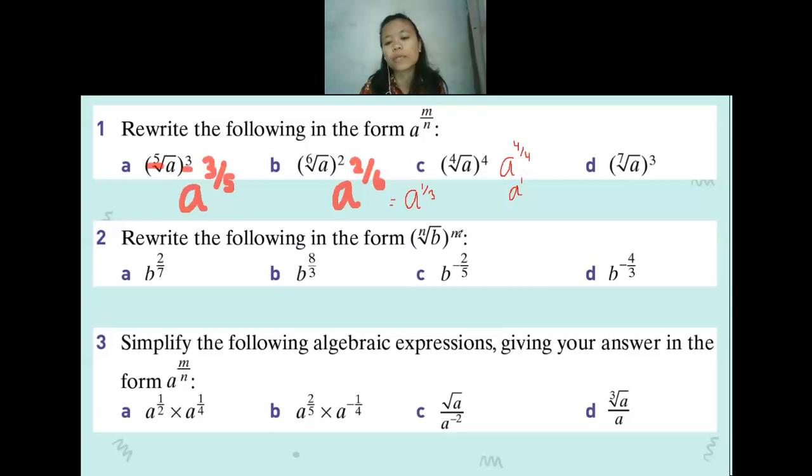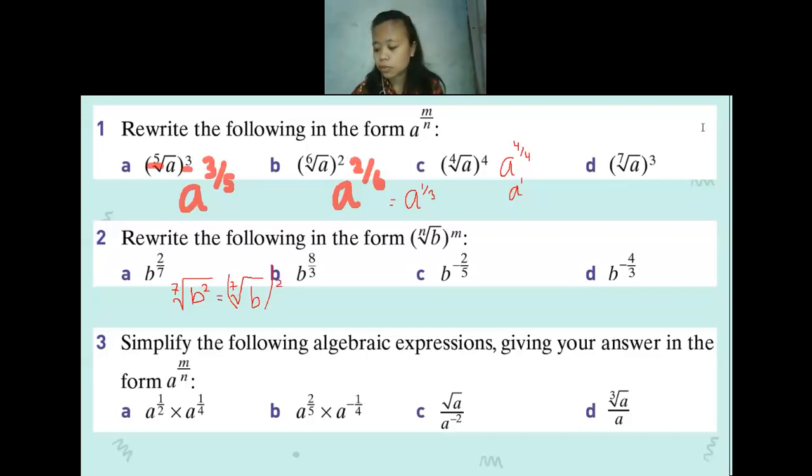Now we have to move it into the root form. So it will be how many root? B square root, B root 7, yeah, power 2. Okay, and then b to the power of 2. You can directly write it as b to the power of 2 like this, or you can follow the question. You can write it as 7th root of b to the power of 2. Then put bracket, and then you make it to the power of 2. Either one is fine, they are the same. Is there anyone having any confusion?